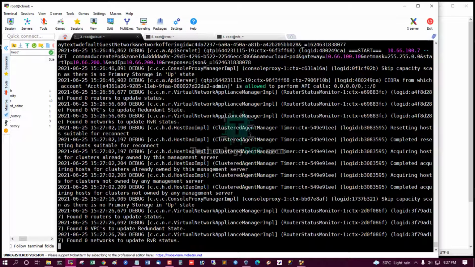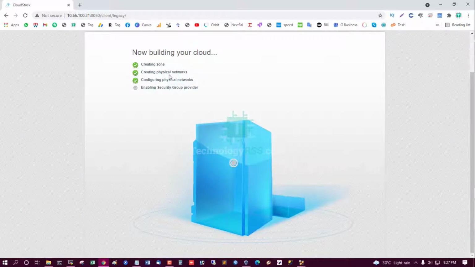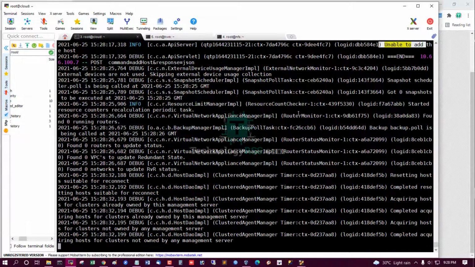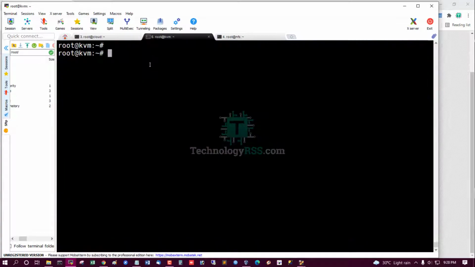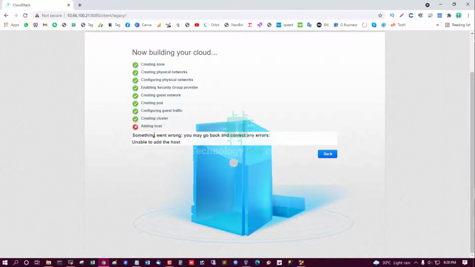If there is any issue or error, first you can see the log file, then you can see the installation procedure. It will take 10 to 15 minutes for the installation process, depending on your network speed or server speed. Unable to add host, no problem, because many times the CloudStack agent service stops and starts. When adding this host, something went wrong.